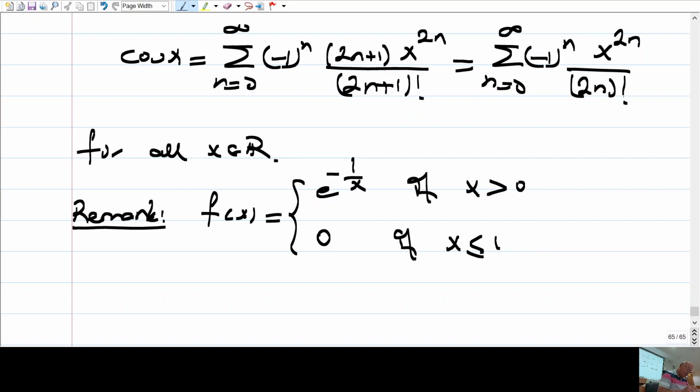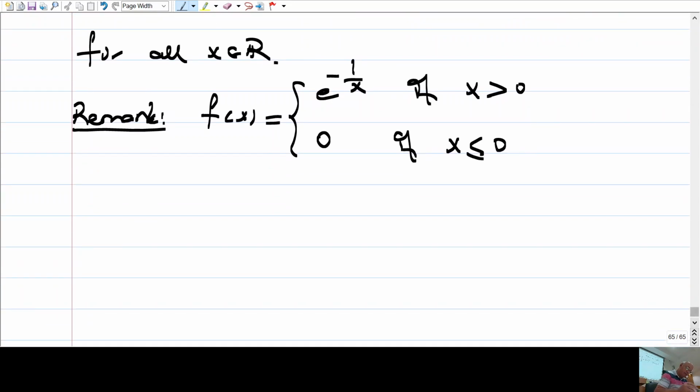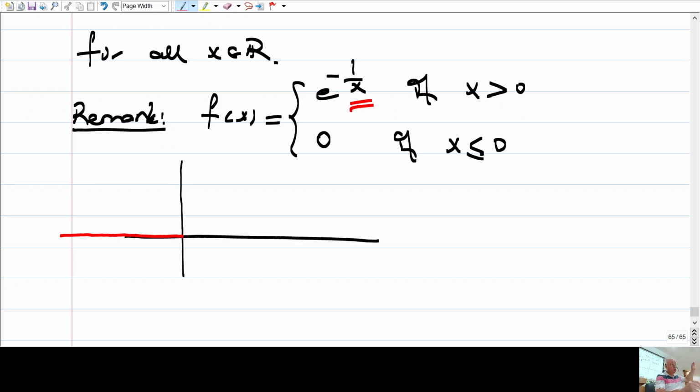This function has a graph like this. Okay, it is 0 everywhere up to 0. It goes like this. You see, when x is approaching 0, 1 over x approaches infinity,